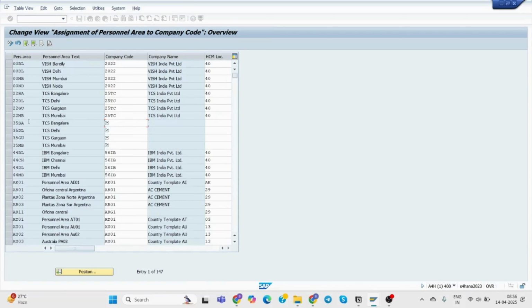Okay, now you can also manually enter the company code and select the company code 35 TC. Okay, and here you see